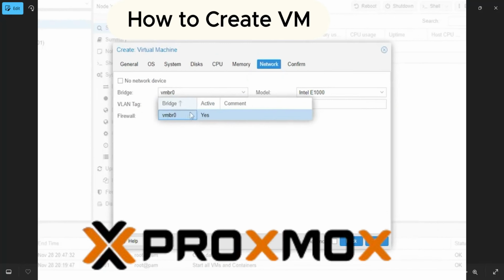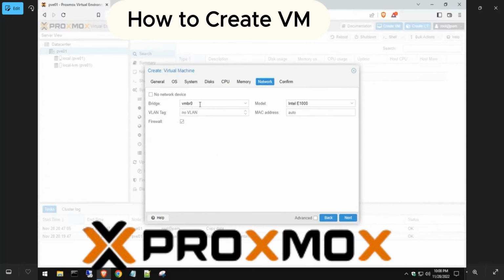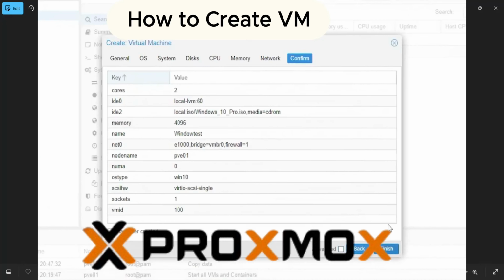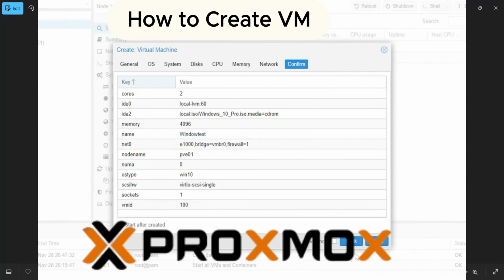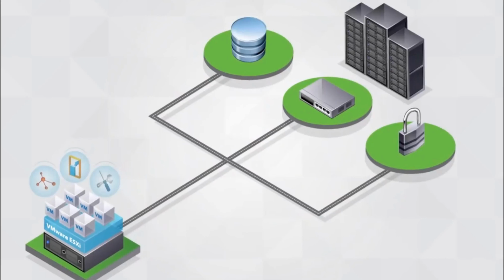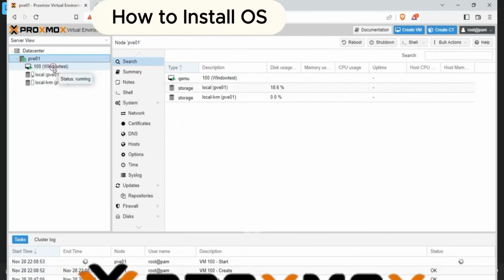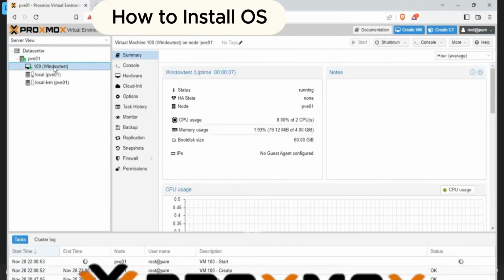You need to focus on these three major domains whenever you are going to create a virtual machine inside Proxmox VE, or if you are going to deploy a virtual machine inside VMware ESXi, or Microsoft Hyper-V. So the virtual machine is created, and the next phase is you need to install the operating system inside this virtual machine.